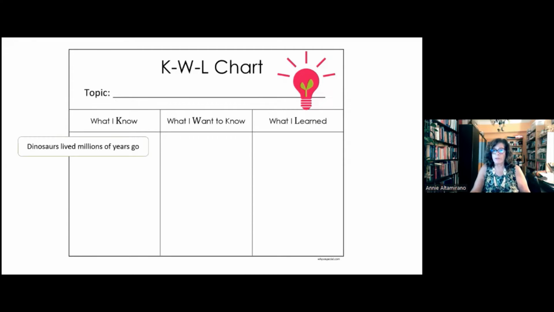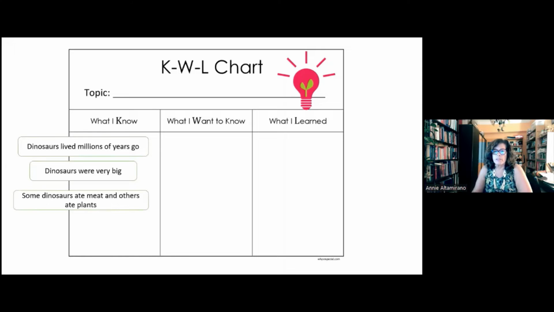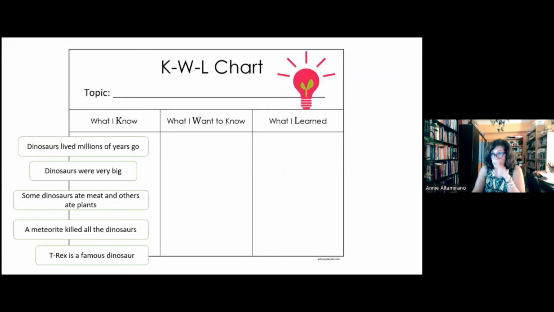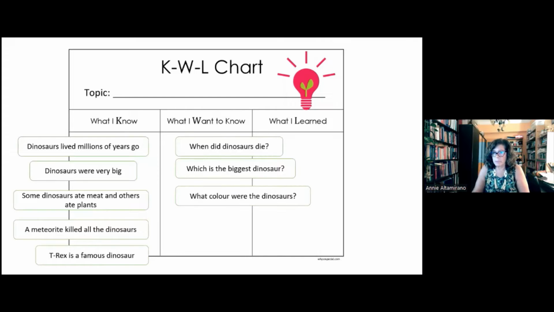For example, suppose that they are doing a unit on dinosaurs. So they write sentences about the things that they know about dinosaurs. In the middle column, the W, what I want to know, they write questions that they would like to know the answers to. So things that they would like the lesson to tell them. Yes? For example,